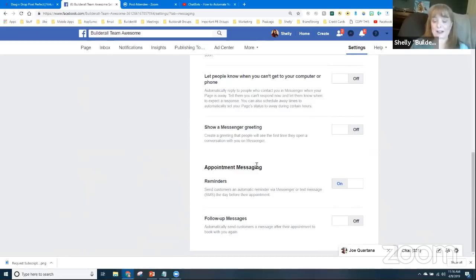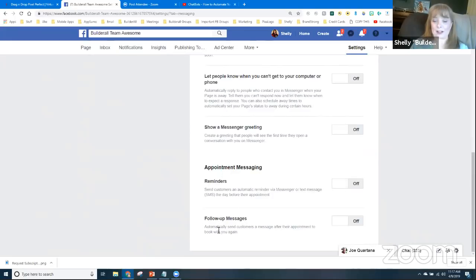And then appointment messaging. We have the ability to set up appointments through Messenger. You can type in a date, like we can meet on Tuesday. And if you guys have seen this before, it will pop up and say, do you want a reminder? You can click that and it will set up a reminder for any meetings that you're talking about in Messenger. By default, that one is on and you can turn it off if you want to. I want to turn it off because I don't want my chatbot adding in appointment dates if somebody says Tuesday. So I'm going to turn that off.